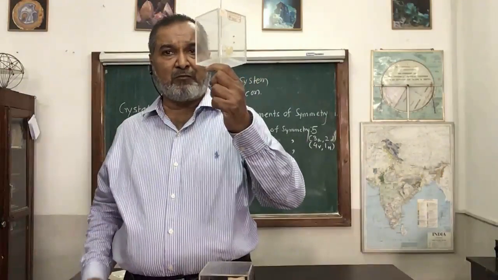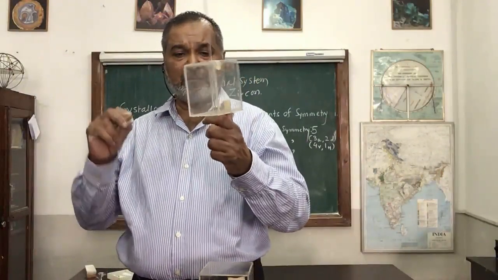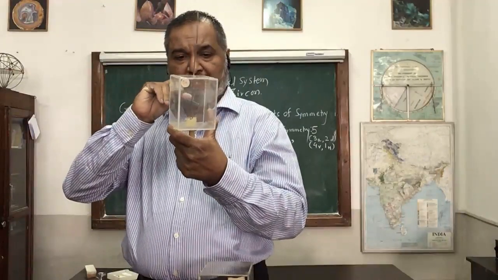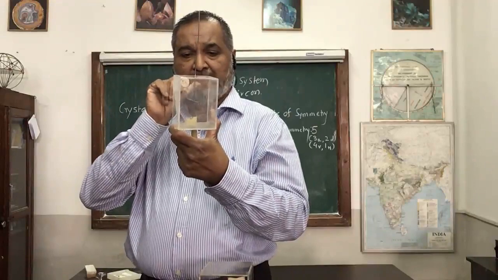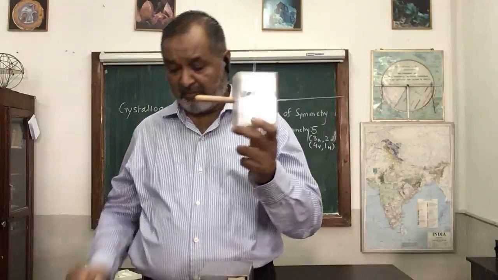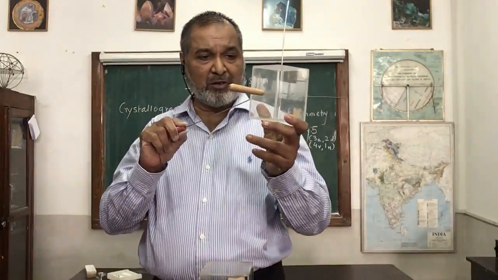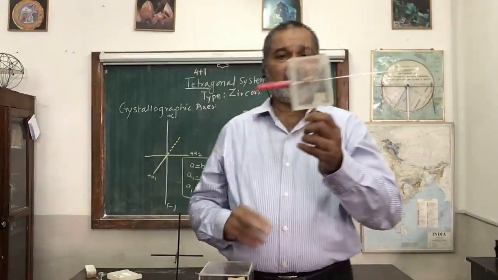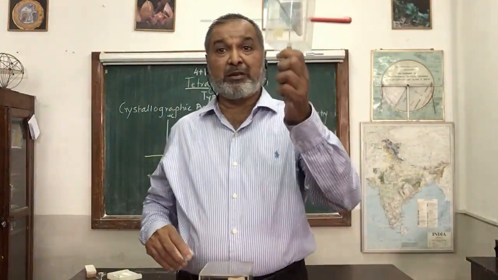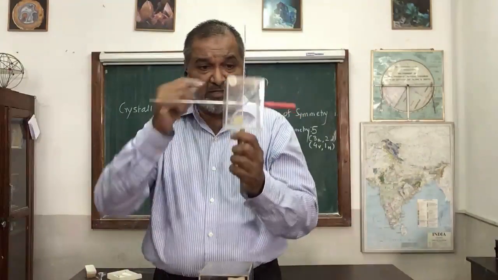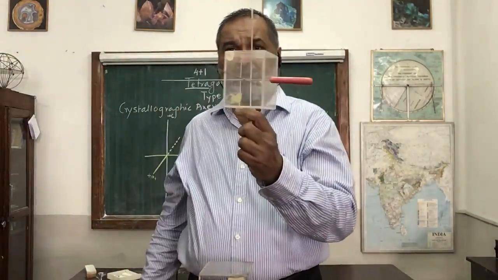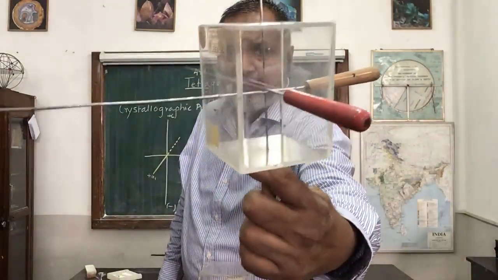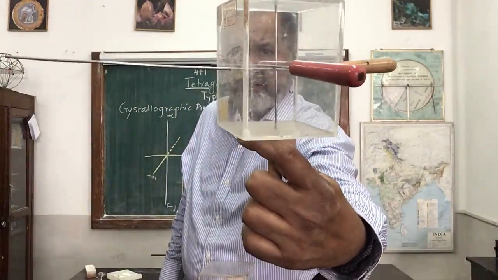So here I have drawn one along this axis from the center of the face. I will find out the second one from the center of the face of the second pair. There is another pair, so I will do it from that pair also. I have done it now. Yes, this is the imaginary axis which is passing now. You can see all the 3 axes exactly intersect at the center, and you can see now they are intersecting at the center.